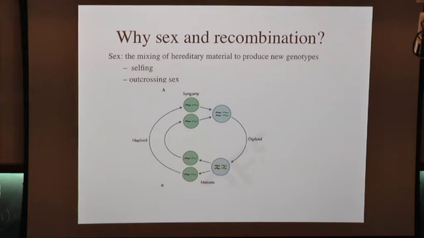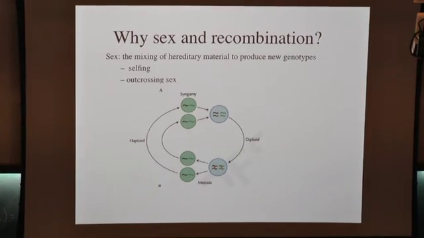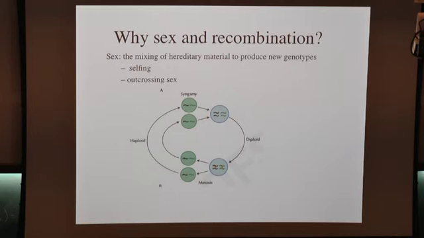So what is sex, right? And again, I'm not going to try and give a very clear definition of it, but we could say the mixing of hereditary material to produce new genotypes. Actually, it's not so obvious what I mean there, because you normally think of sex as being between two different individuals, right? A mixing of their different genetic material to produce offspring which are distinct, and with eukaryotic sexual reproduction with crossing over across the whole genome. Actually, almost always an individual that's never been seen before, a new combination of the alleles in the two parents. That's what we normally think of.